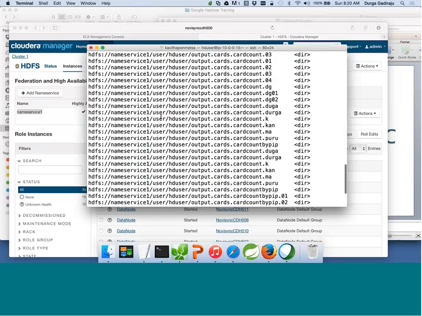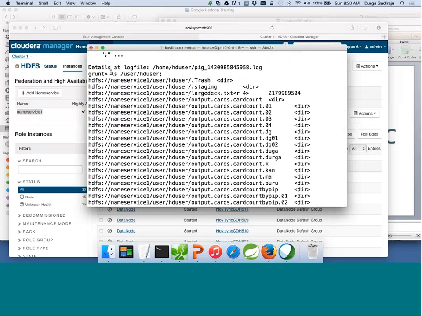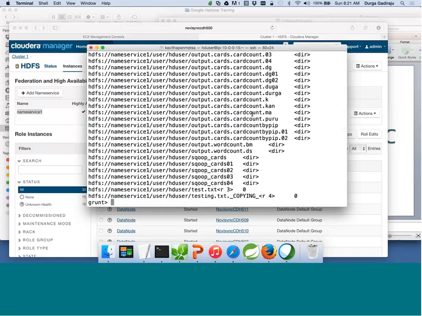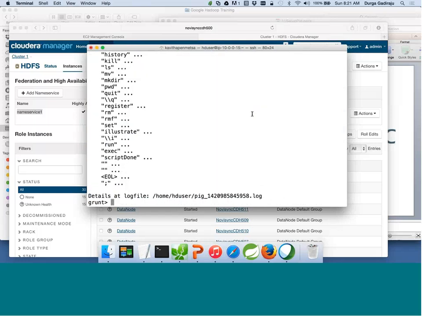Yeah. So if you see, you can run the HDFS commands directly, like ls, and it is showing you the directories. So like this, you can validate the installation. And if you are curious where Pig is installed, again you can